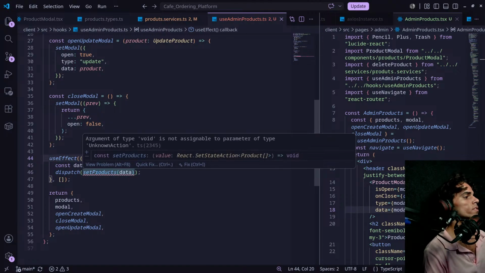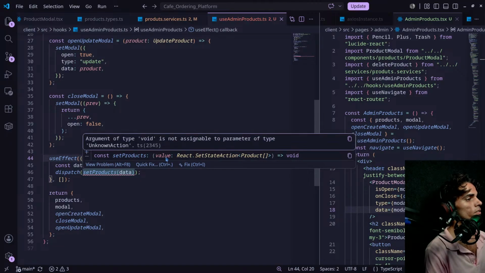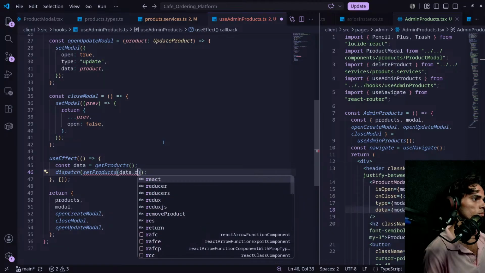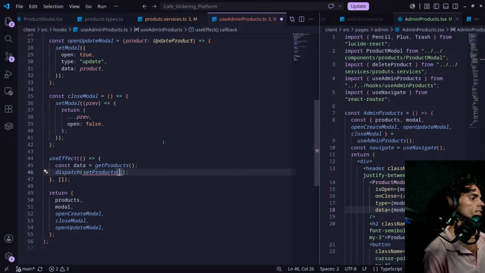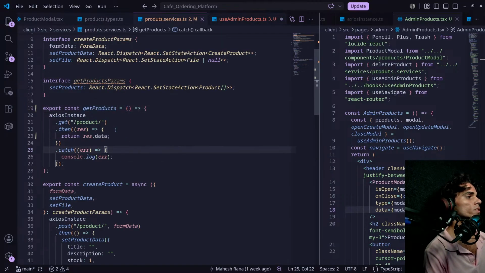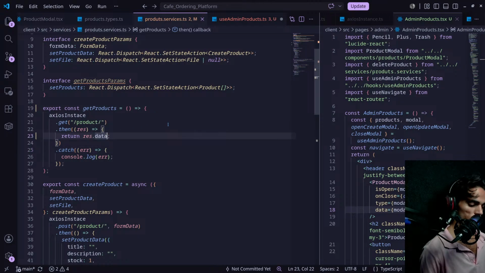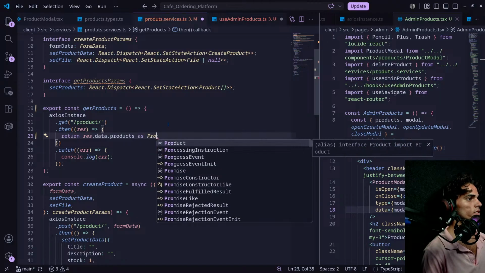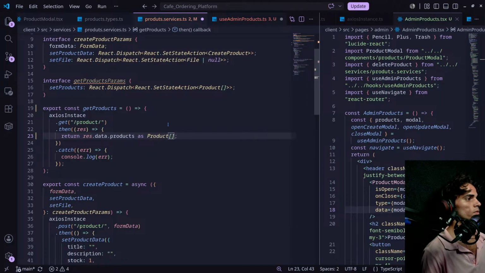from get product, inside we are sending set void is not assigned around, and so what I have set state action value should be react dot set state action array of product, data dot products. So from this we will return the products as, okay. So